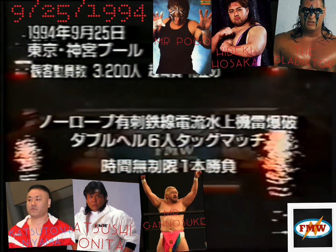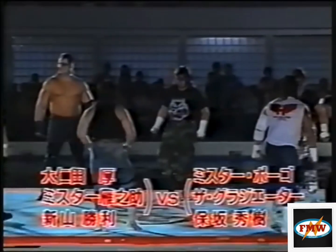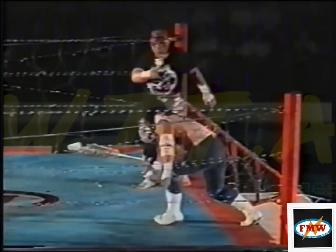Alright, and here we are, the next big important piece of barbed wire history. The very first no ropes barbed wire current sea mine explosion double hell match. They had to have this match inside Jingu Pool in order to avoid lawsuits and to keep a safe distance from the fans. The competitors were brought to the ring via dinghies, and the team of Onita, Katsutoshi Niyama, and